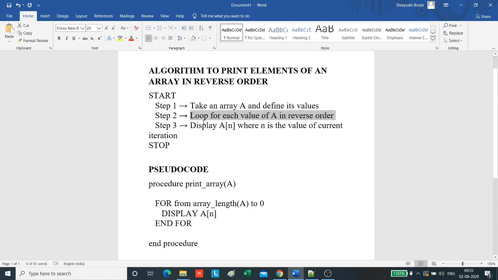But in reversing, the loop will start from index n-1 and the value of the iterator will keep decrementing until we reach index 0, and hence in that way the elements will be printed in reverse order. Step 3 is display the array A and the value of the current iteration.